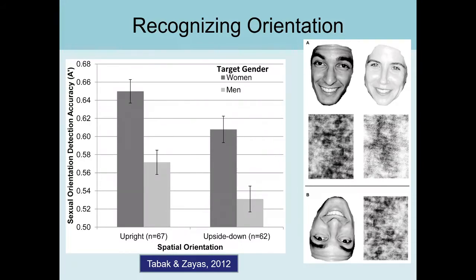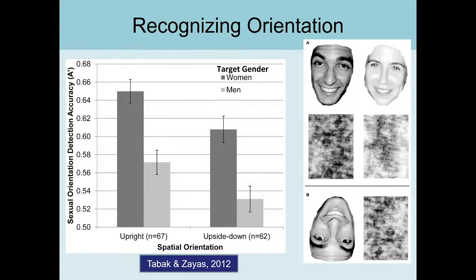And then they were looking at whether the observers could correctly recognize the sexual orientation of the target at above chance level. In this particular experiment, the correct answers were either heterosexual or homosexual. Those were the only choices. So it was either 0 on the Kinsey scale or 6 on the Kinsey scale. There was nothing in between. So you were either right or you were wrong, right? And so you had a 50-50 chance of guessing the correct sexual orientation. That would be the chance level. So that's why the y-axis ends at 50.